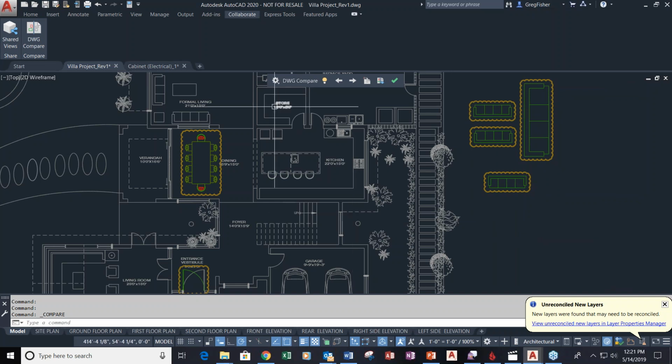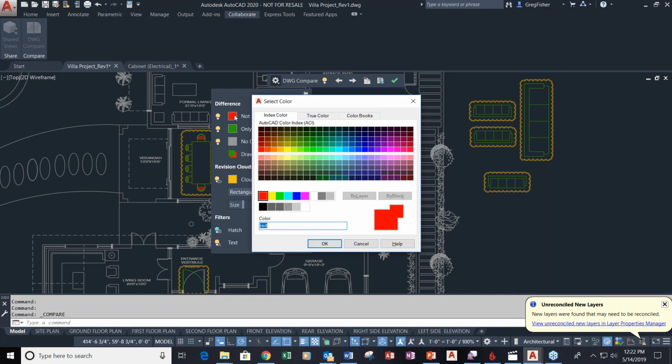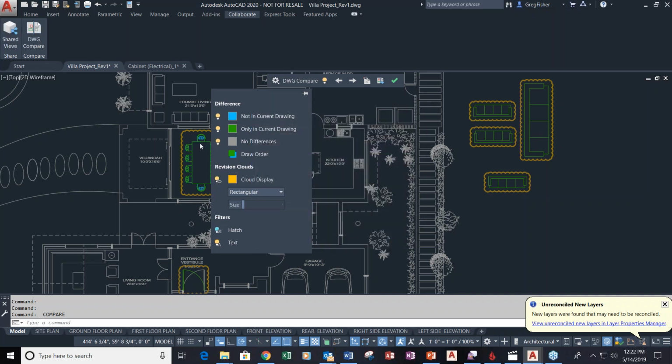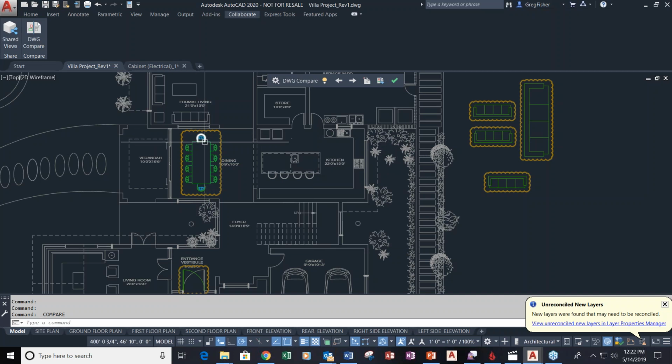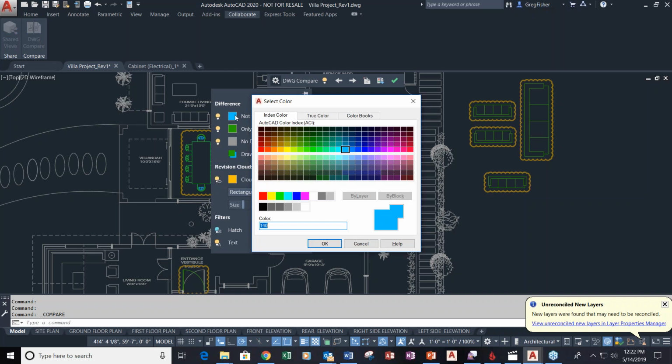And if I go to the settings here, this is where I can really see what the differences are. So if I see something in red, it's not in the current drawing. If I see something in green, it's only in the current drawing. No differences. And we could do that before as far as changing the colors, if you wanted to make it something different. Now, as you can see, the color changed right there. If I go back and change it back to red,